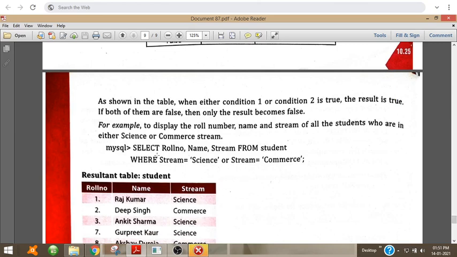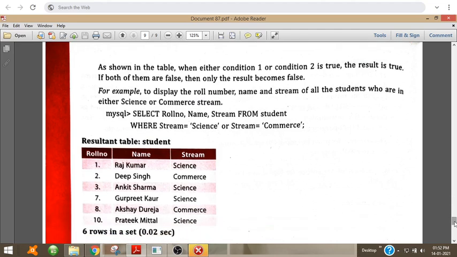Suppose here, select roll number, name, stream from student where stream equal to science or stream equal to commerce. So what happens? If stream is science, then select the rows. If stream is commerce, then also select the rows.